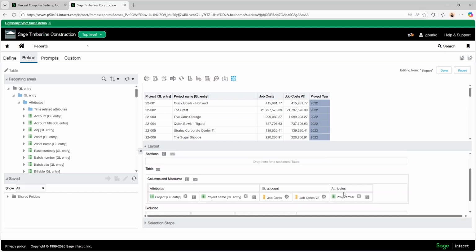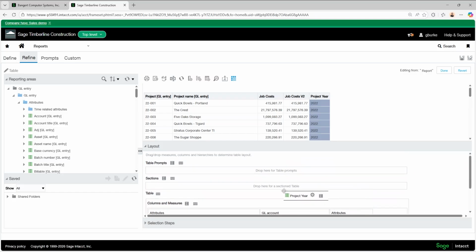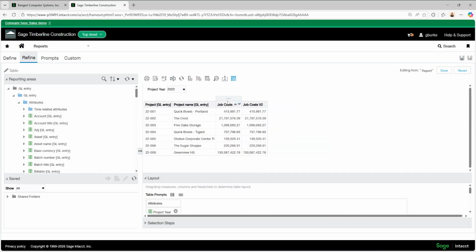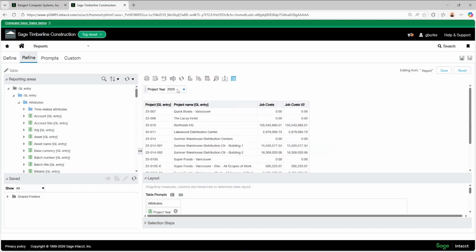So if you want to make this a little more convenient, what you can do is change this to a section table, or I'm going to go ahead and make it a prompt up here. So then you can filter on all your projects one at a time and see the different job costs.